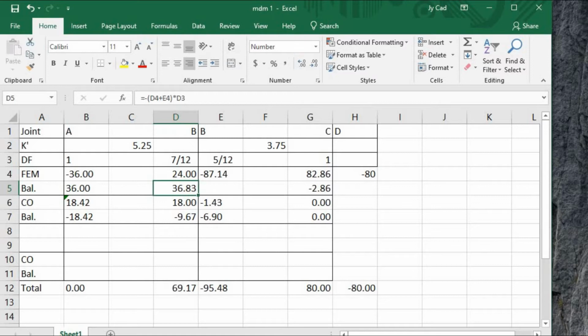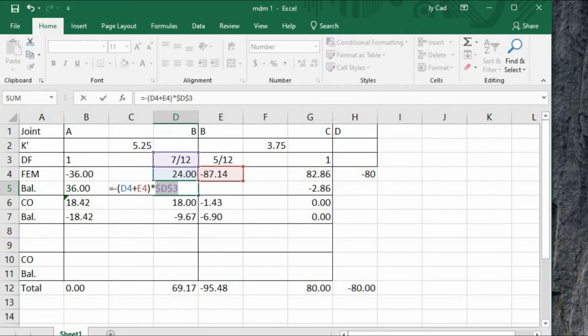Ang gagawin mo, i-press mo yung F2, tapos, just before letter D, yan ano, D3. Ibig sabihin ng D3, yan yung cell D, column D, row 3. Okay? Just before D3, you press F4. So, magiging $D$3. Ibig sabihin yan, dyan lang siya sa D3. Hindi siya gagalaw. So, pag pinaste mo yung formula dito sa baba, lahat yan, dito pa rin siya